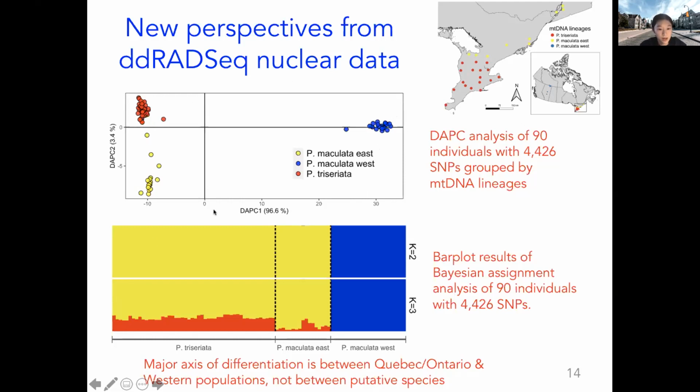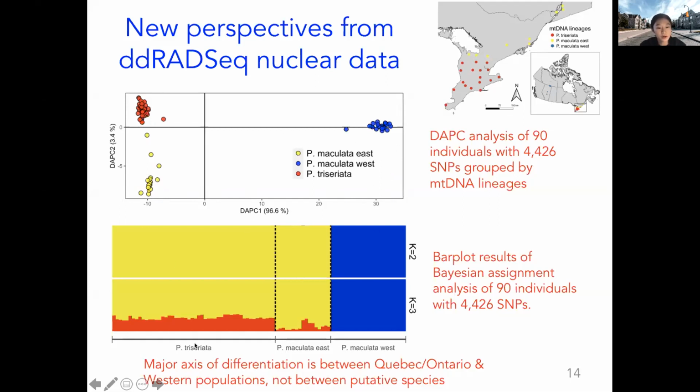So here are 2 genetic analyses we did, and the messages are the same. In the first one here, each dot represents an individual. So if the individuals are clustered together, that means they're genetically similar. If they separate, that means they're genetically different. So in this axis, we have over 96% variation. So the main variation is between the frogs we found in West Canada here and the frogs from East Canada here. There's of course some variation within frogs in East Canada, but the main variation is